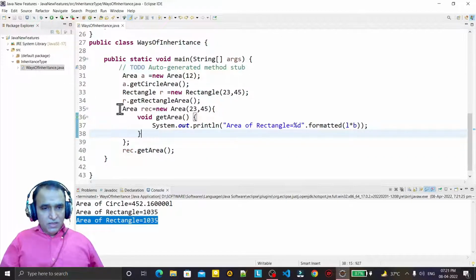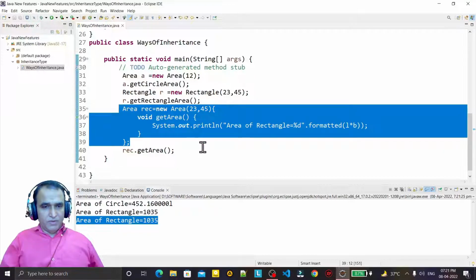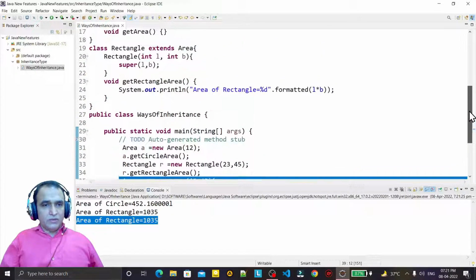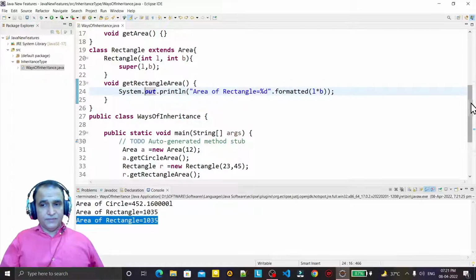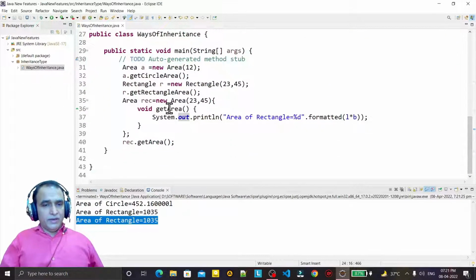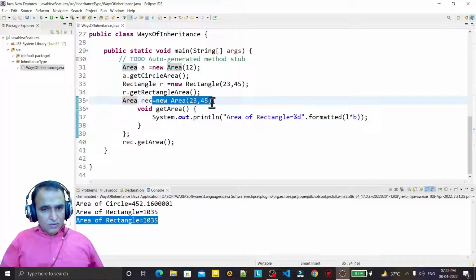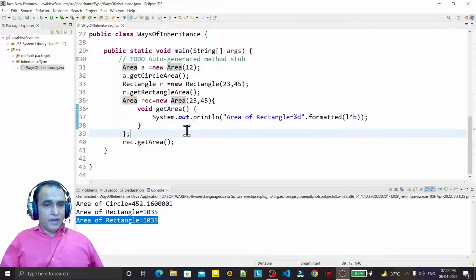So by using this much line of code, remember, only one or two lines of code, it doesn't require creating a new class, extending this class, and then writing some method. What I did, I just override this method and do my calculation and call this method, and with the help of the super class only I create this.